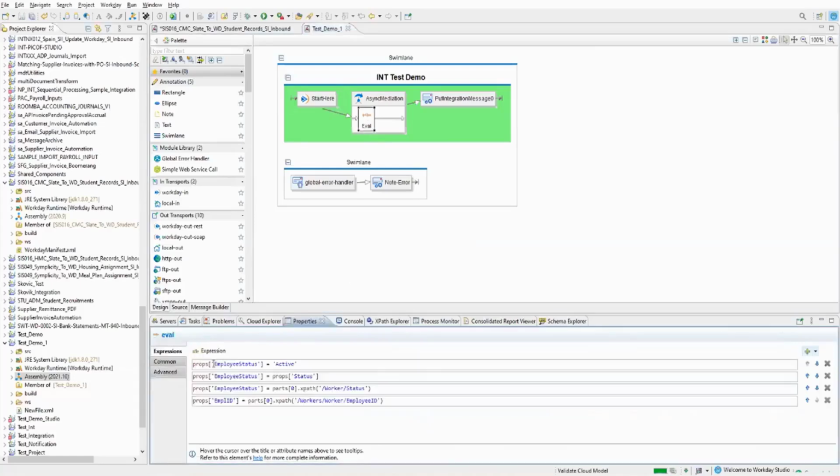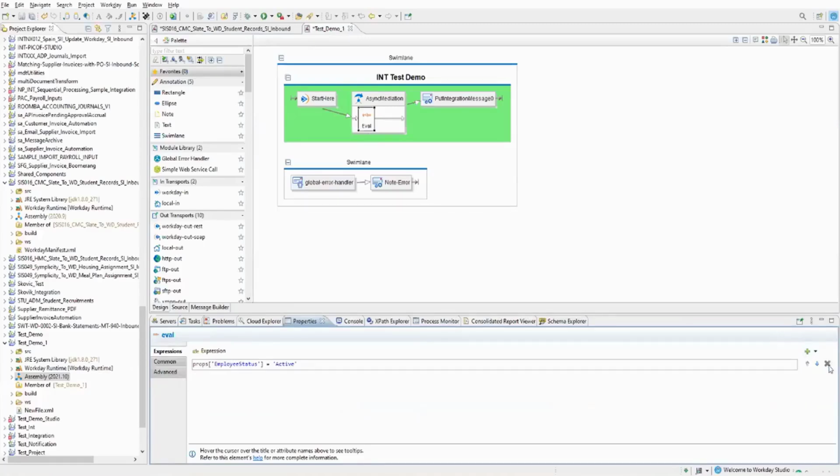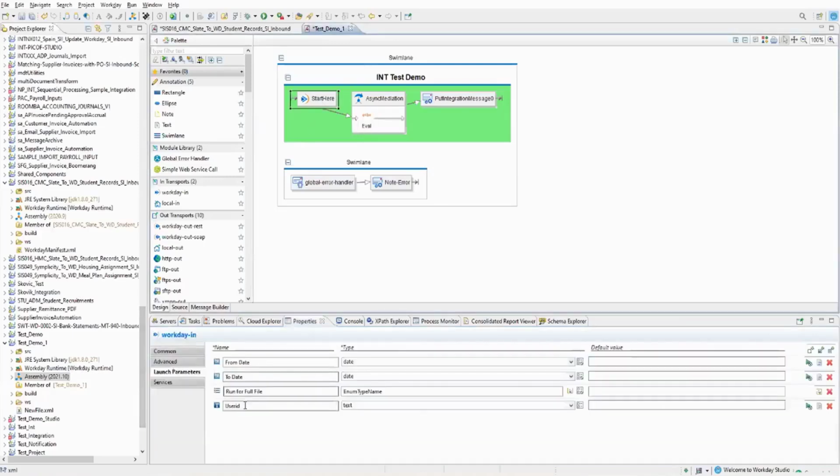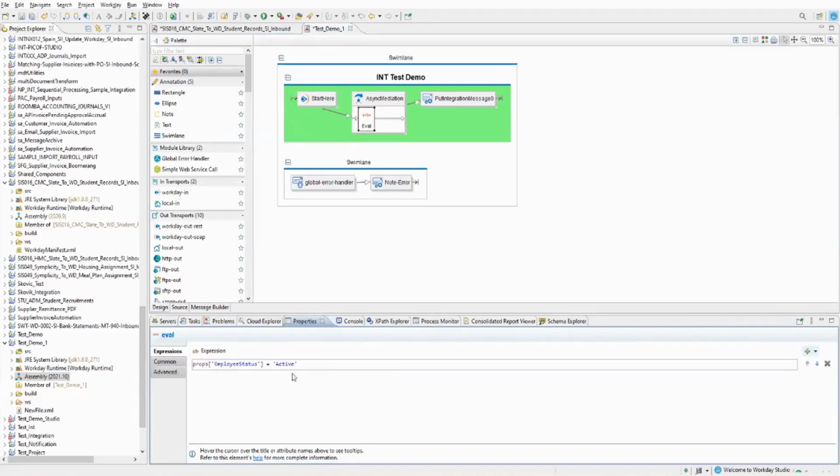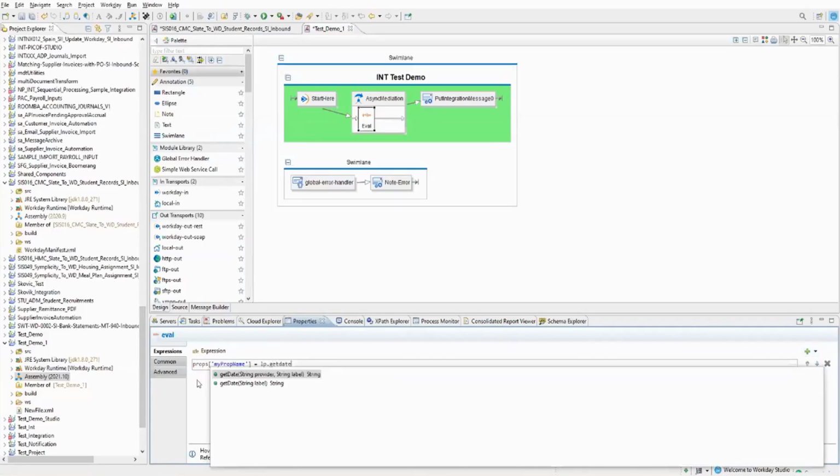Now in the AVAL expression, I have employee status active. Okay, so my first launch parameter is from date. So I will come here. I will say props, control space, choose is equal to LPGET, get date.